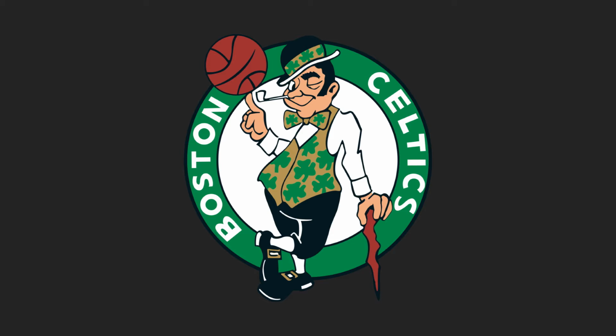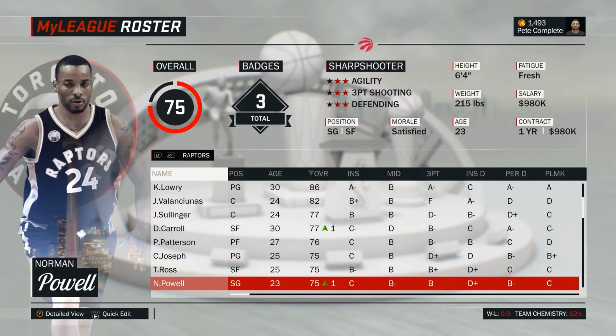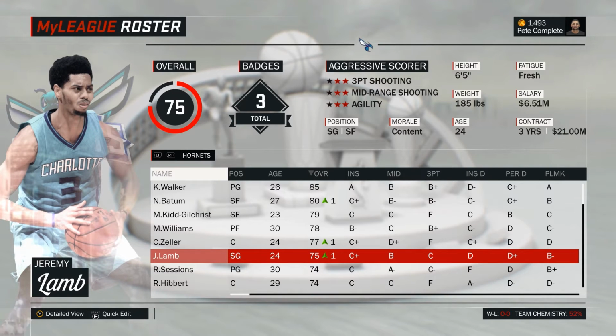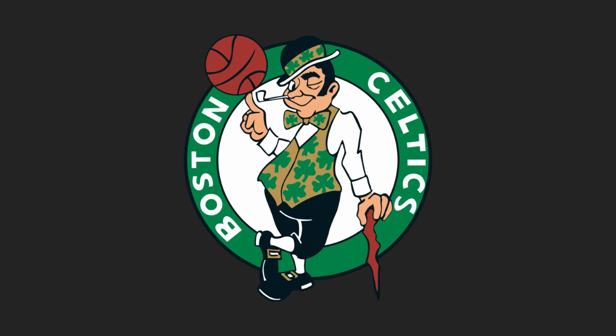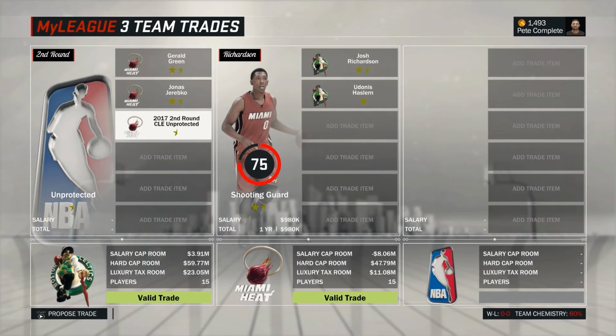Now let's talk trade targets. You can go after a variety of players here. Options include Josh Richardson from the Heat, Norman Powell from the Raptors, or Jeremy Lamb from the Hornets. Of course, you are not limited to those, and depending on the GM badges you have, you might even get someone better. Here is the trade I settled with: Jerebko, Green and the Cleveland second rounder for Josh Richardson and